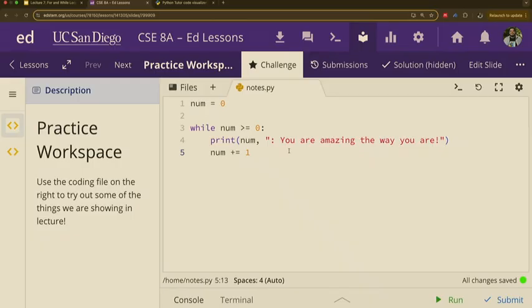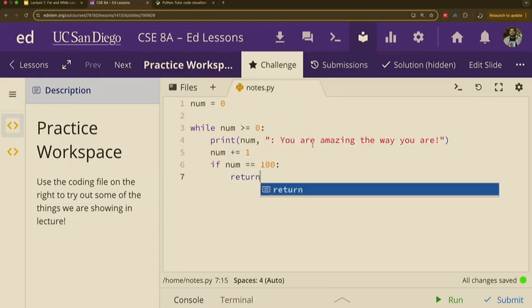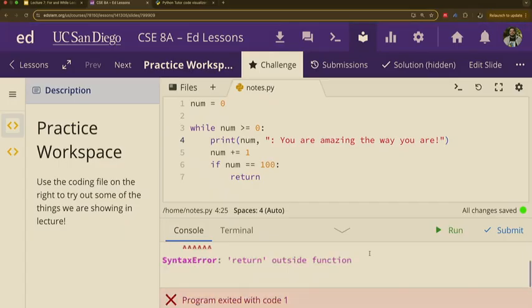An if statement, we could do it that way. Where should we add it? After the num? Yeah. If num is equal to 100, if num is equal to 100, return. Let's run that. Oh.